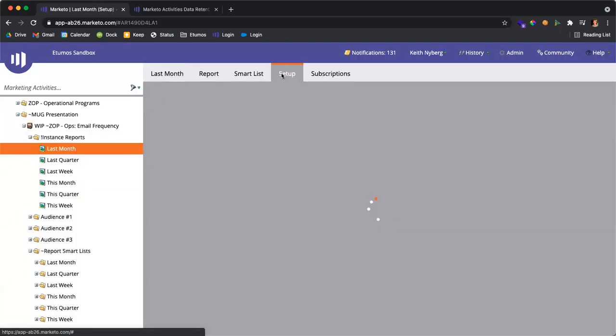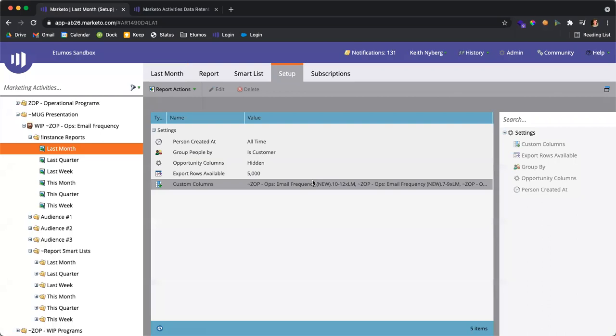And so if I go into the setup here, you're going to notice that people performance reports do give you the ability to create custom columns. If you're not leveraging this, this is fantastic functionality that gives you close to some of what RCE would give you with table formatting. Obviously, there's way more in RCE. You can't even really compare them. But for the ability to group records by a specific field and then lay over custom columns to look at that field data across other criteria in your instance, this is really incredibly powerful.